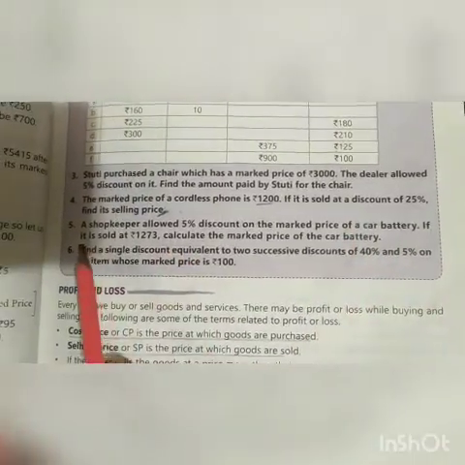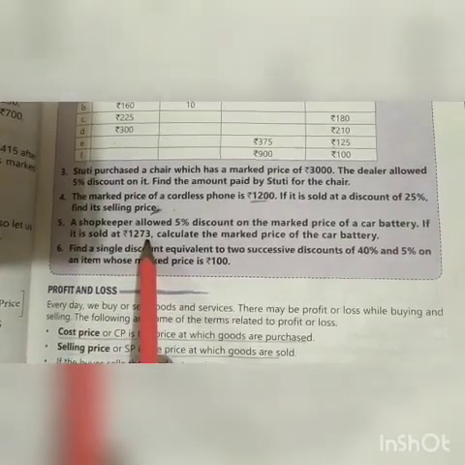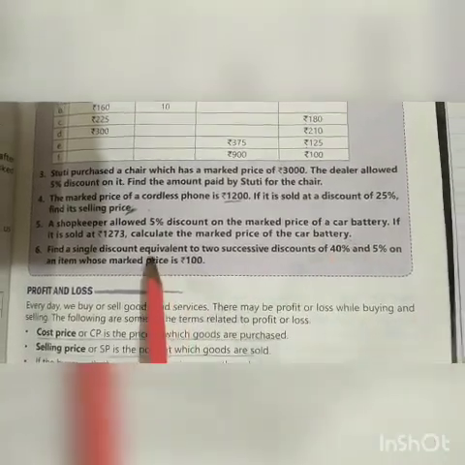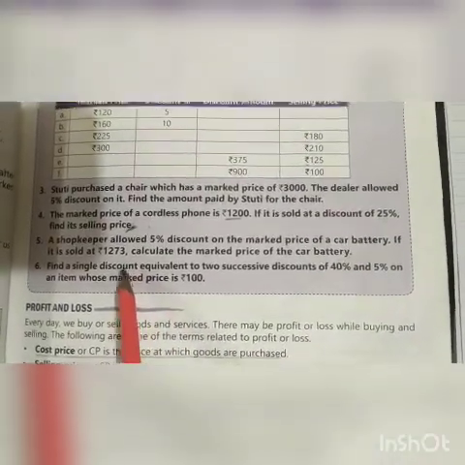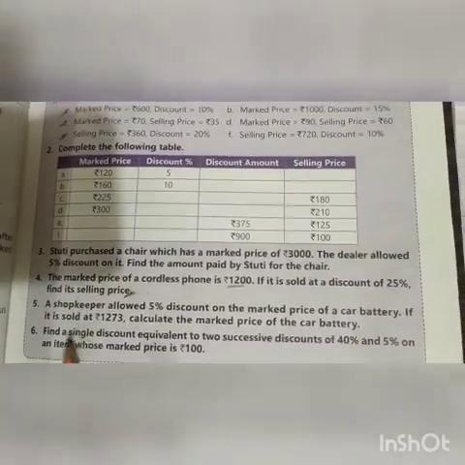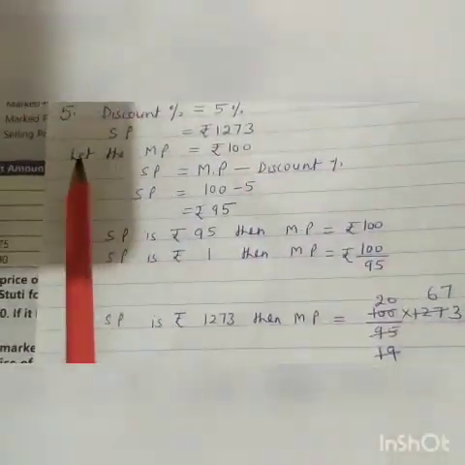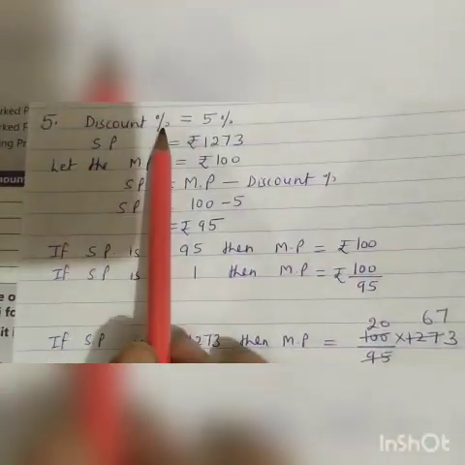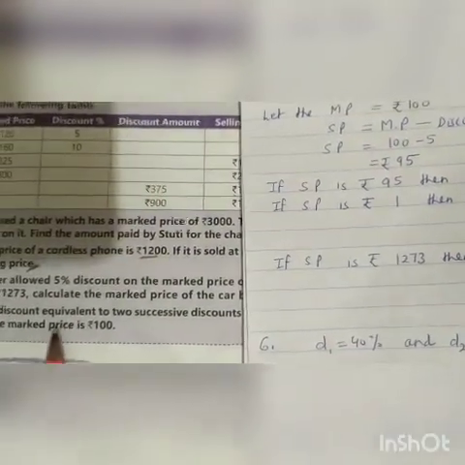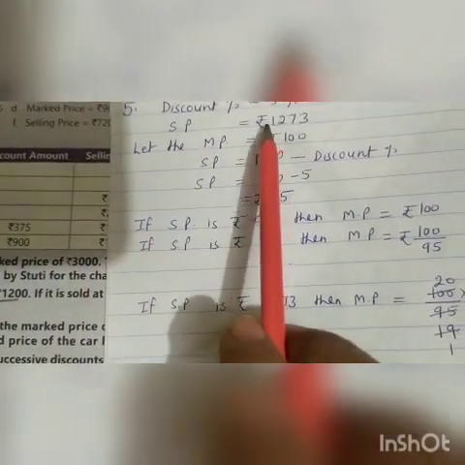battery if it is sold at rupees 1273. Calculate the marked price of the car battery. Students, question number 5 is the same as we did in part E of question number 1. Still I am explaining to you. See, in question number 5, discount percent is given, which is 5%. This one. And selling price of the battery is given, rupees